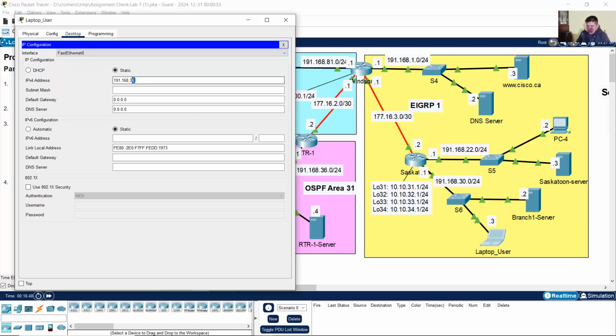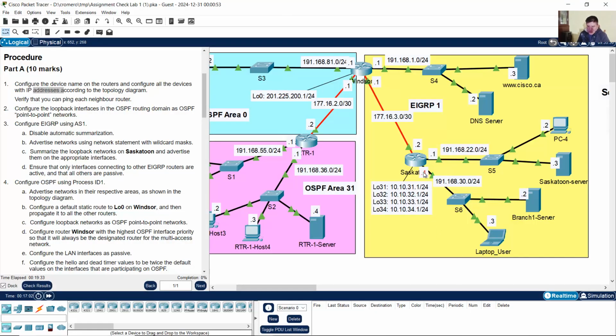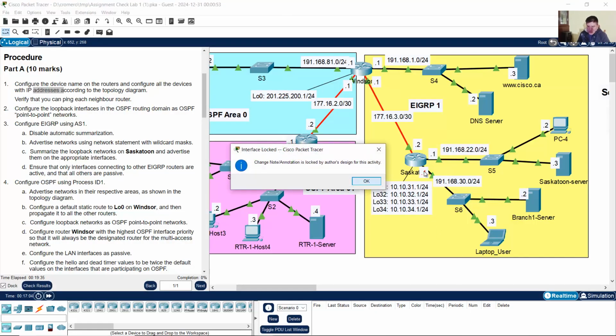This is 30.3, prefix 24. Default gateway 30.1. Okay, this interface on the router, the default gateway,